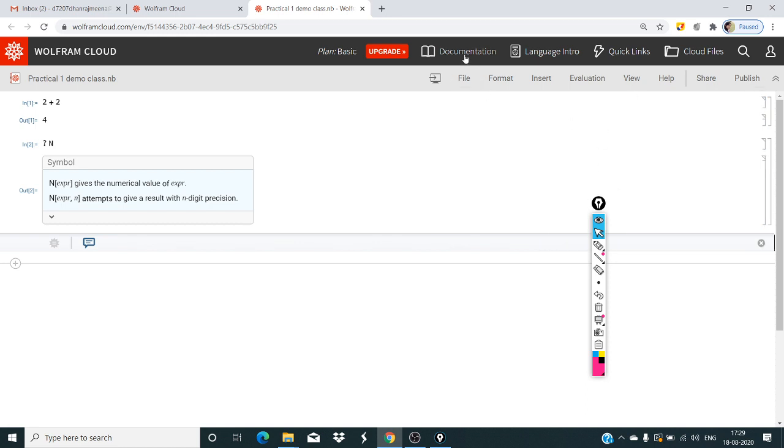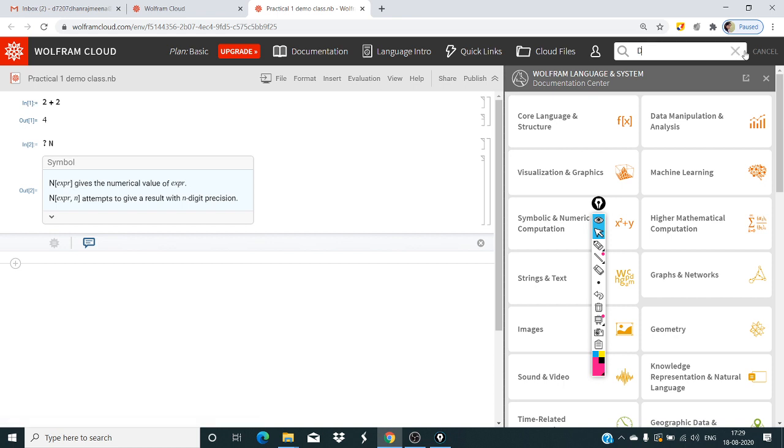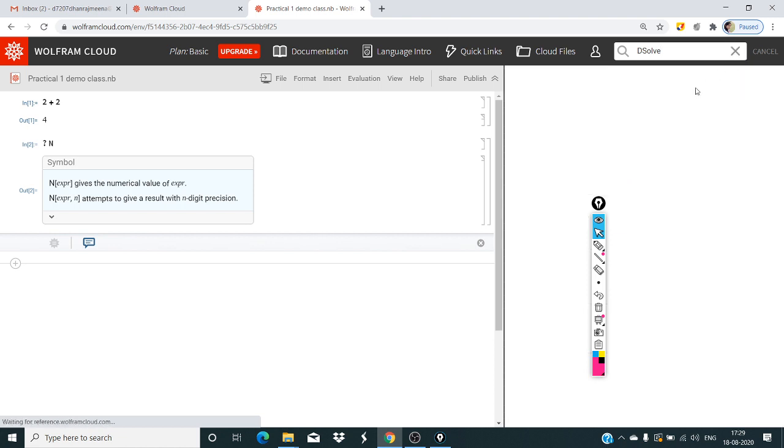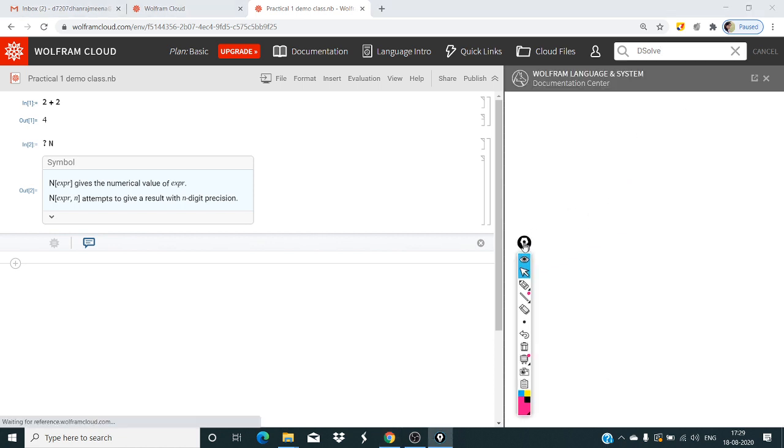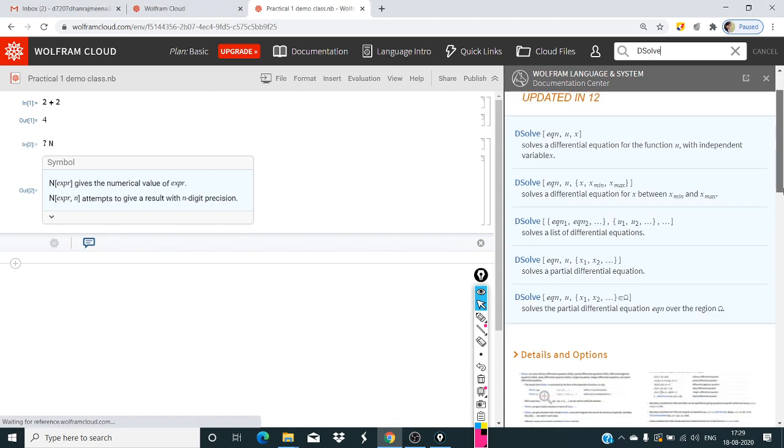Next thing is, here there is a documentation. Here you can search for any command. For example, if you want to know about the DSolve command, here in the search bar you can type DSolve, press enter, then it will show all the things about DSolve, where DSolve can be used, how to use DSolve.